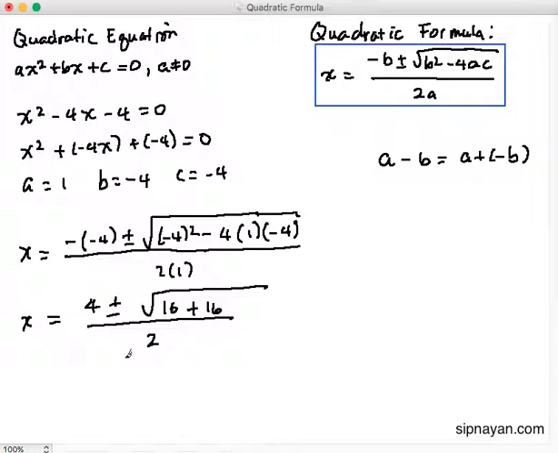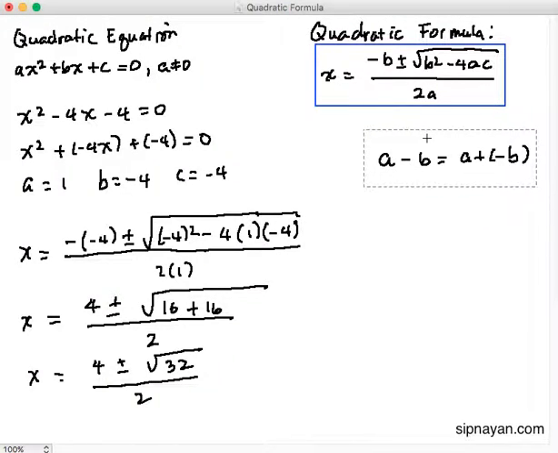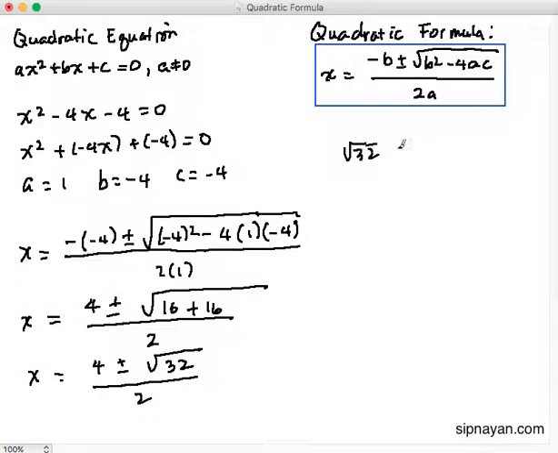Okay, so simplify, we have x equals 4 plus minus square root of 32 over 2. So, pwede nating i-simplify pa itong equation na ito. So, here, alam natin na square root of 32 can be written as square root of 16 times 2,